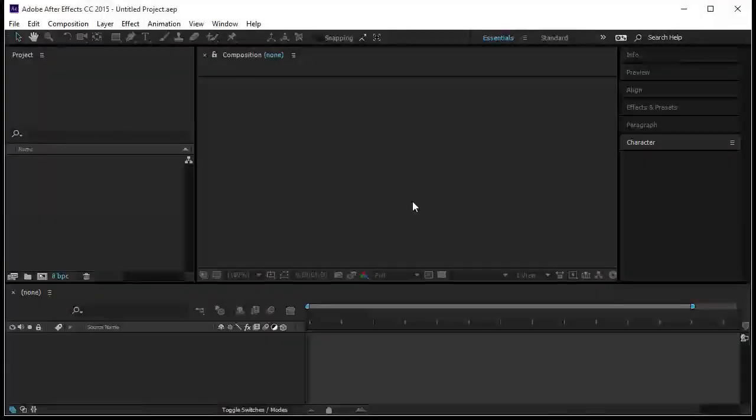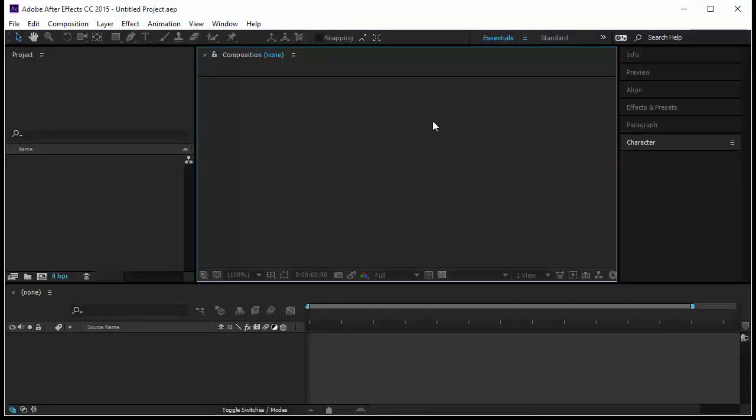In this lecture, we are going to create a crash animation. We are going to build a simple animation together. To create an animation in After Effects, you need to create a composition. A composition, you would say, is a container that will have all your layers and the animations that you want